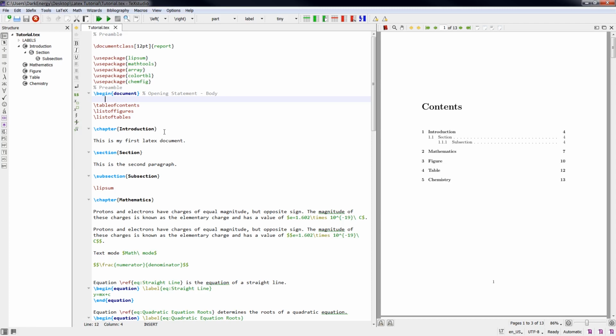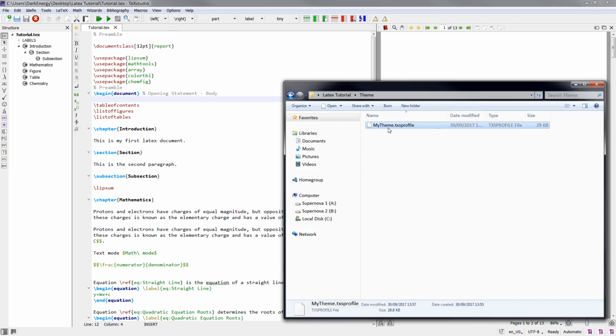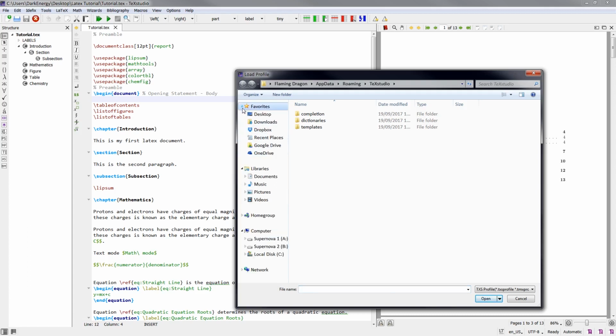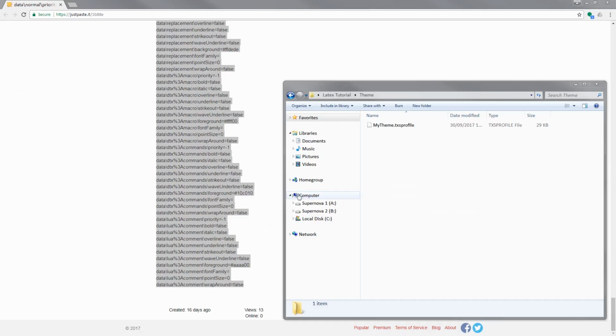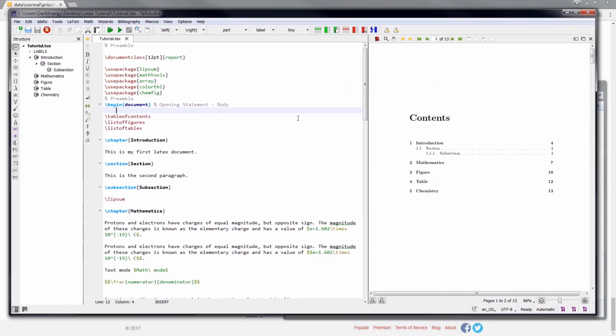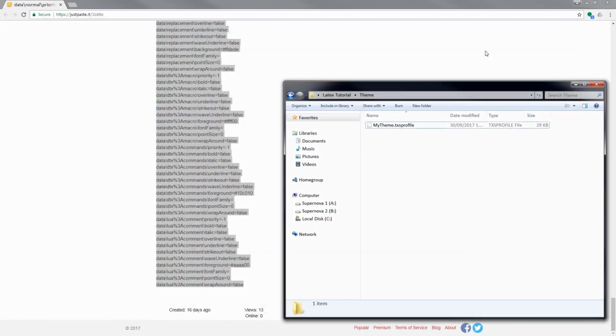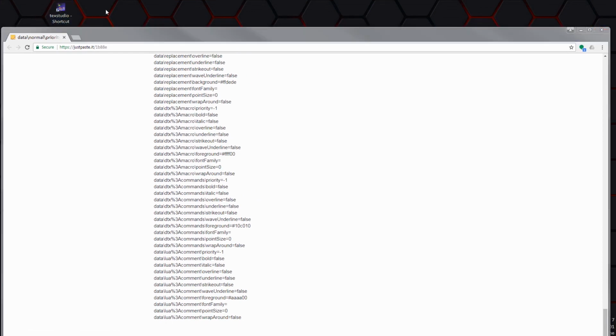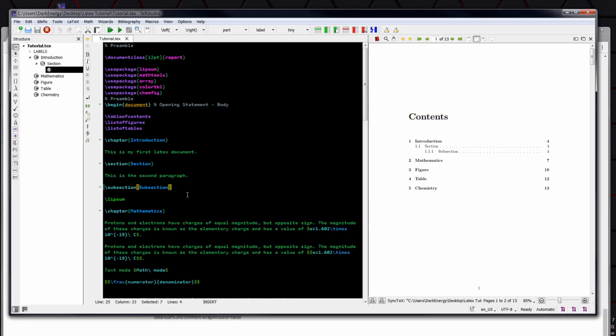So now to apply that theme, which we just created and then edited and saved, we go to Options, and then we click on Load Profile. Now we just select that file we edited, and then we click on Open. Now this will minimize TeXstudio, sort of. Now just go ahead and close it. And now we reopen TeXstudio. And you will see our new theme